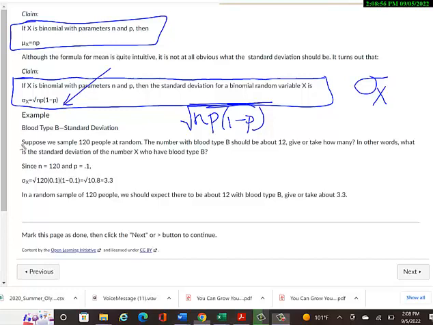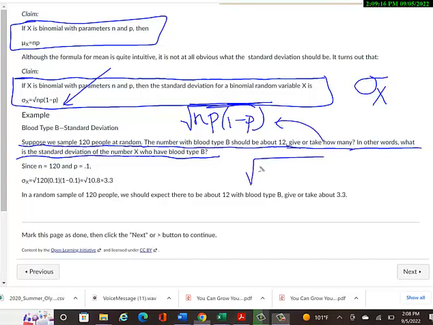So, example: suppose we sample the 120 people we mentioned above at random. The number with blood type B should be about 12, give or take how many? So what's the standard deviation here? In other words, what is the standard deviation of the number X who have blood type B? So we can do this calculation here. Let's see. The square root of n, which was 120,